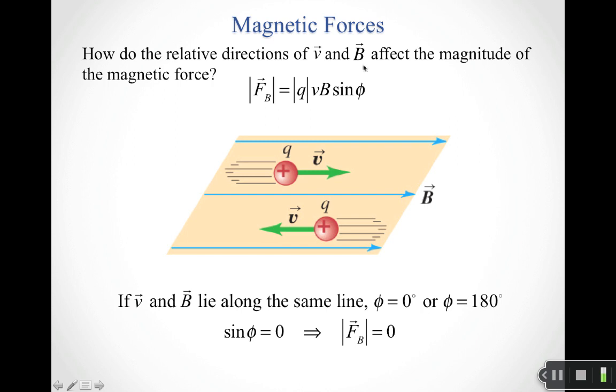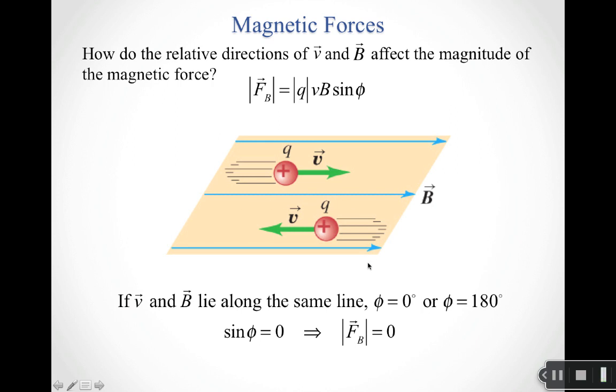So let's come back to thinking about the relative direction of the velocity vector and B. Again, here I've got a moving charge. Here's a situation where I've got a moving charge moving to the right, and a moving charge moving to the left. Both of these are moving in a magnetic field that, again, our field lines are showing us points to the right. Well, in this case, that means that the velocity vectors of these two charges lie along the same lines